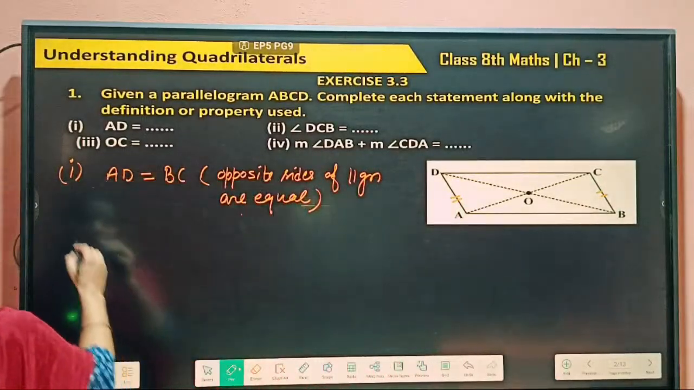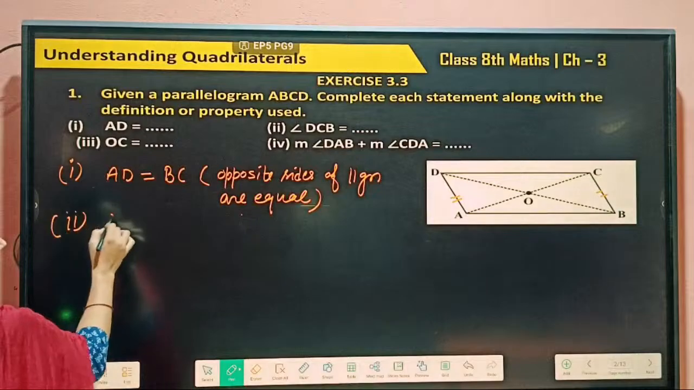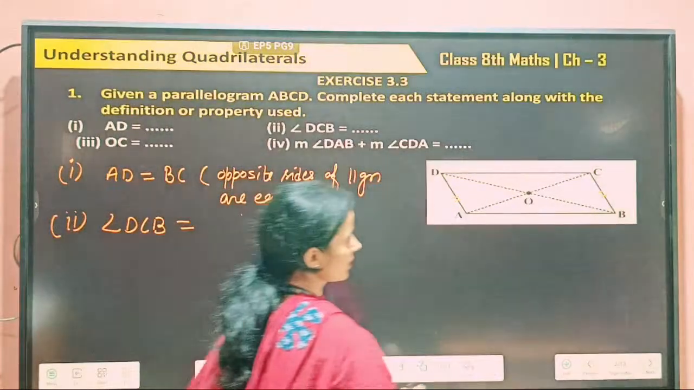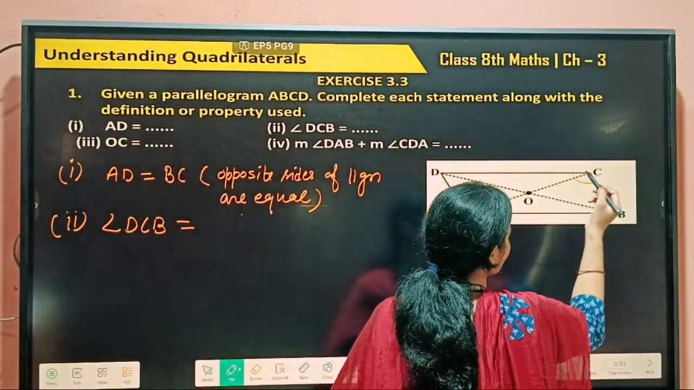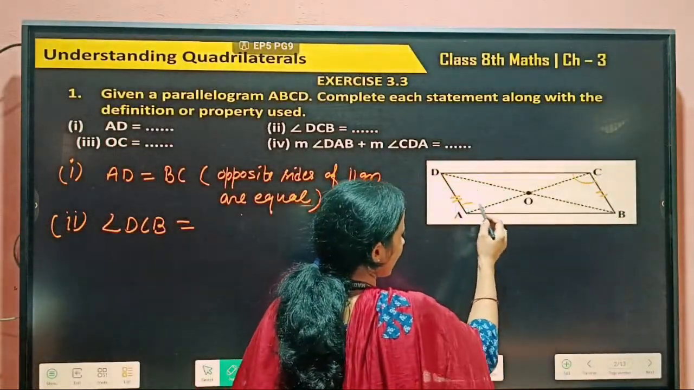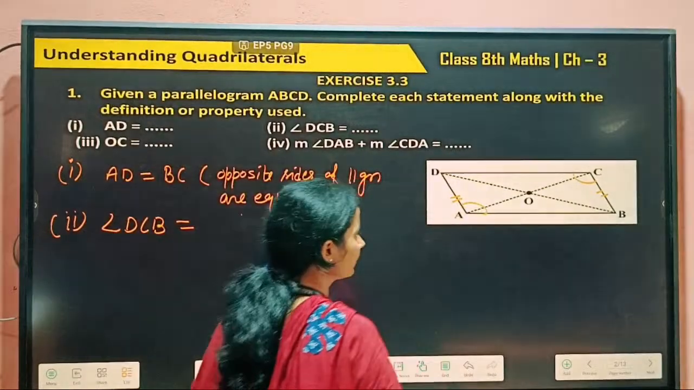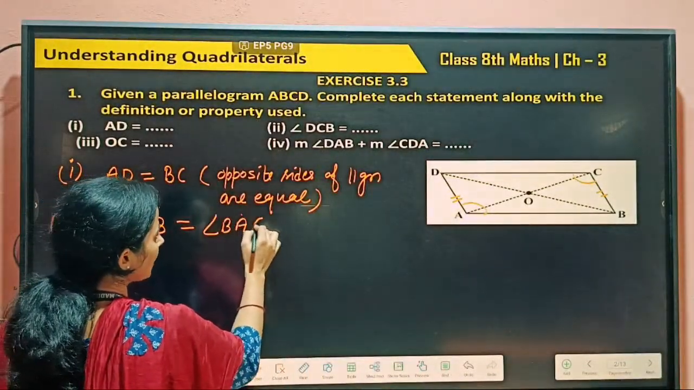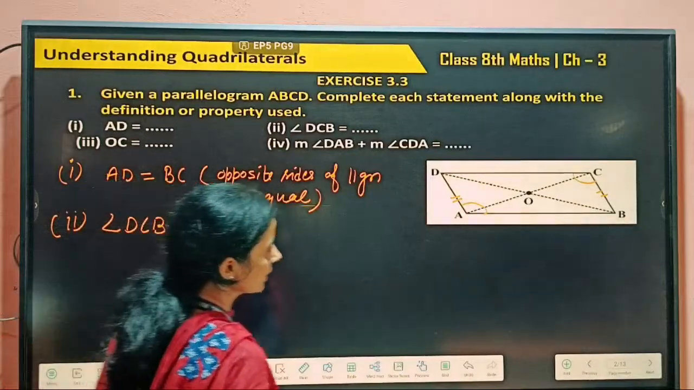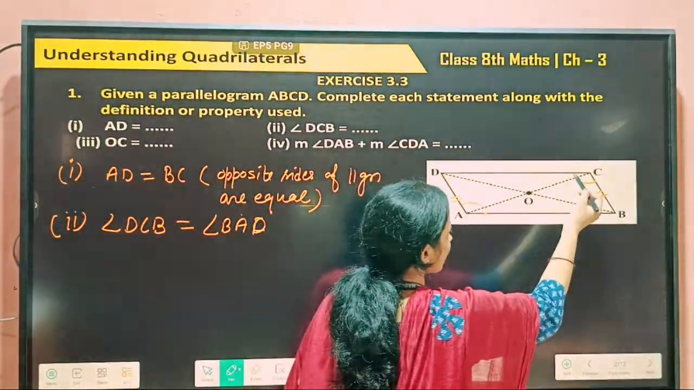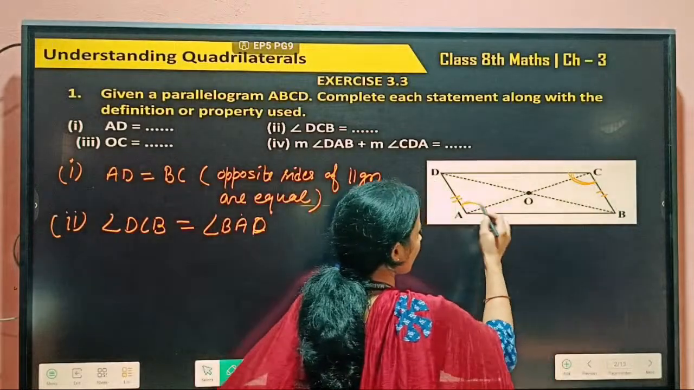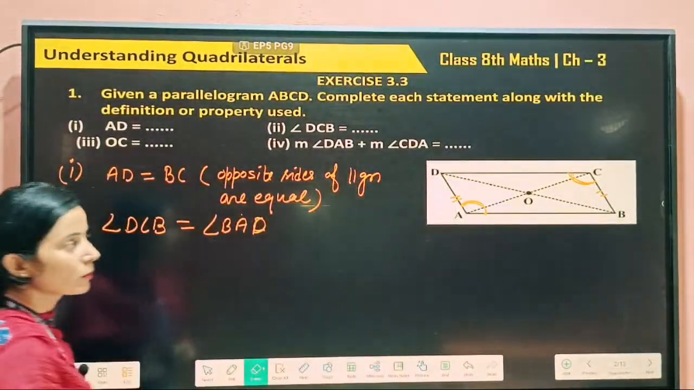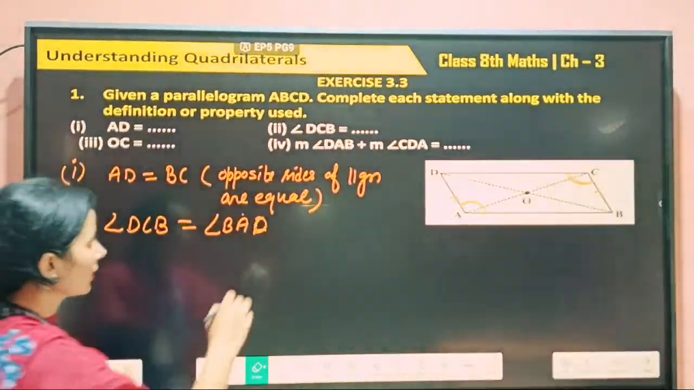Okay. Second part, angle DCB. This angle is equal to angle BAD. This angle C, this angle A is opposite to angle C. In a parallelogram, opposite angles are equal. The reason is,